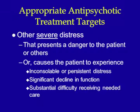They should be used only when the patient is experiencing inconsolable or persistent distress, has experienced a significant decline in their ability to function, or if their behavior creates a substantial barrier to their receiving appropriate care. These are rather high standards that act to protect the patient from ineffective or unnecessary use of antipsychotics. Remember that we want to only use these agents when we absolutely have to, due to their limited effectiveness in this population and the fact that there are significant side effects, including increased mortality in patients with dementia treated with